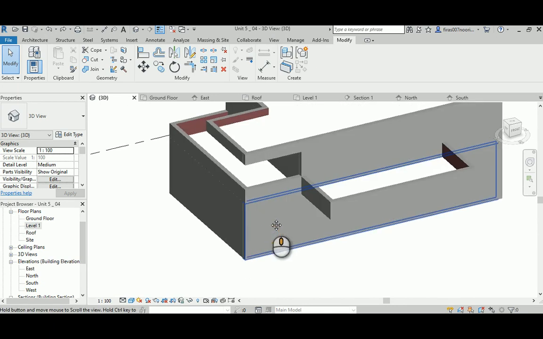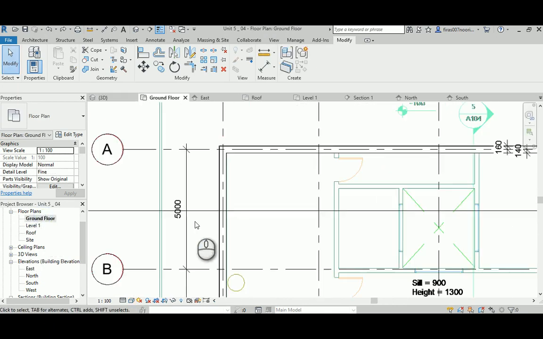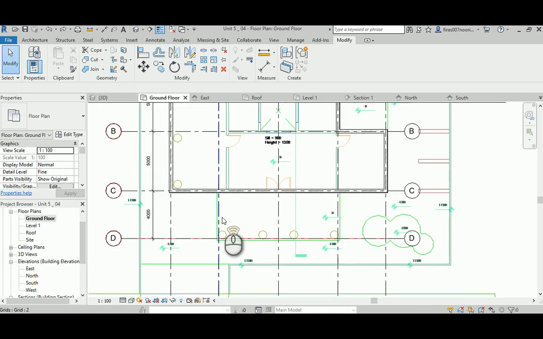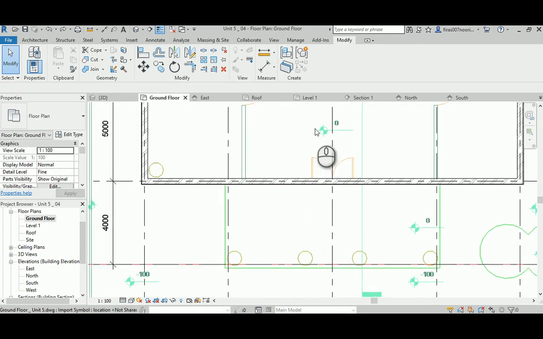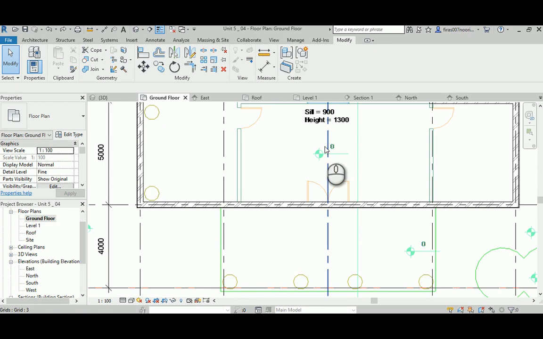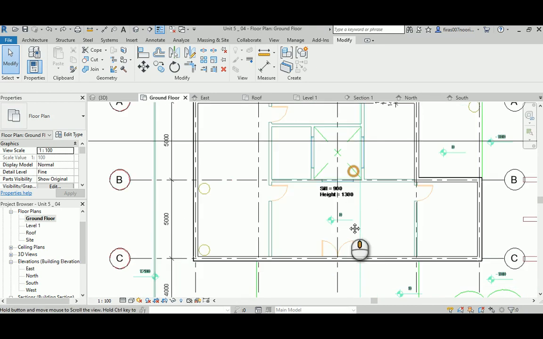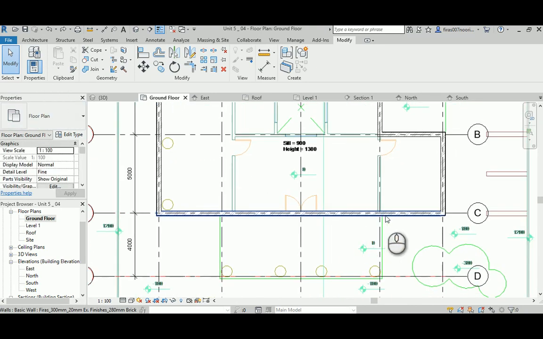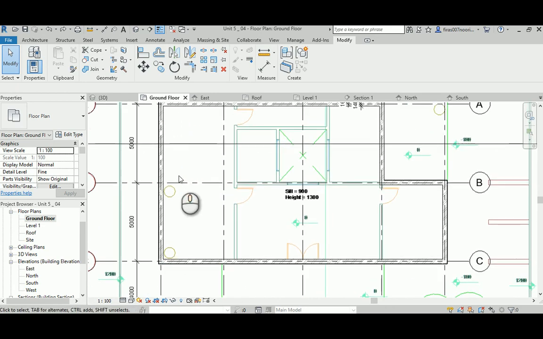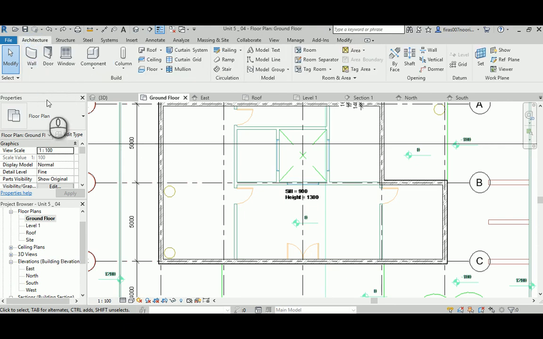The last step is to go to the ground floor, and again you see that the walkway is at -100, while only this part, okay, again it goes that way. So this and this should go in the same slab. So that's an interior finish and that's an exterior finish, so be aware of this. Anyway, I'm going to ignore that. Sometimes you have to make one continuous slab if you are ignoring the inside and outside issue. In our case it's not, so I need to go again to floor,